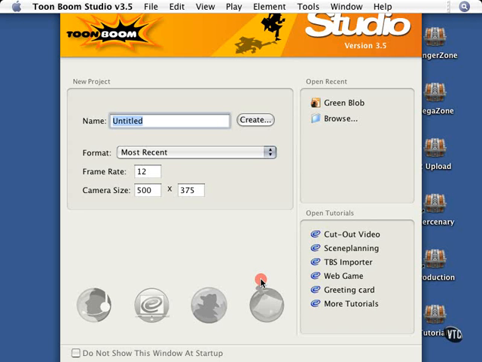When you first launch Toom Studio, you are presented with the welcome window here. Now, this window is very handy because it allows you to quickly create a new project based on template sizes that are built for you, or you can enter your own parameters here. You can also quickly open a recently worked on project, and you can check out some tutorials that are on